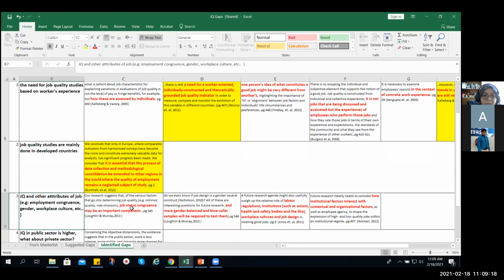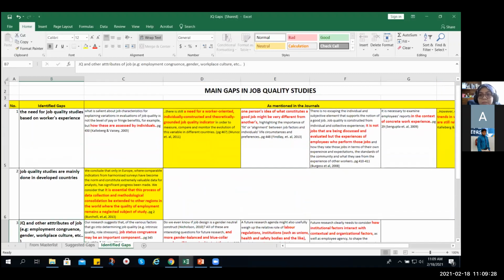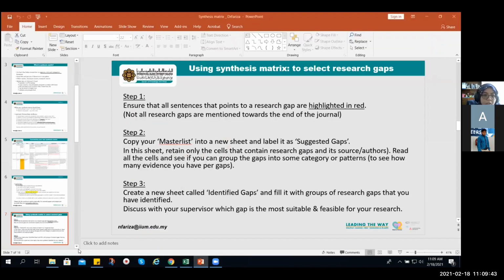Although there are many more interesting gaps, let's say, they need to conduct job quality from a qualitative perspective. It should be much more interesting. But with the limitation that I have, I should only pursue these two gaps. So this is what you would like to get from your synthesis matrix to help you with this. Now, let us look further,